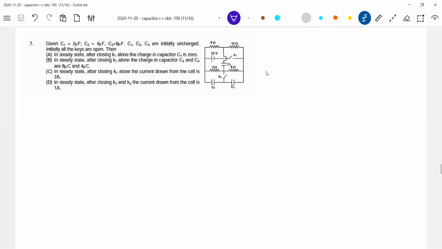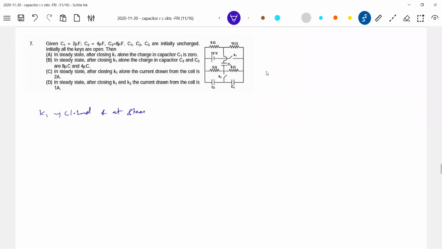He is telling steady state, but he has given switches K1 and K2. In steady state, after closing K1 alone, the charge in capacitor C1 is 0. Only that switch K1 is closed. So let's get into the part. Option A, we will check it. Switch K1 is closed,